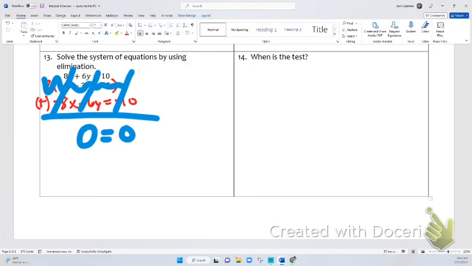And anytime you get the left equal to the right, you get infinite solutions. And then because I had an extra box here, when is the test? Well, that's obviously going to be tomorrow,